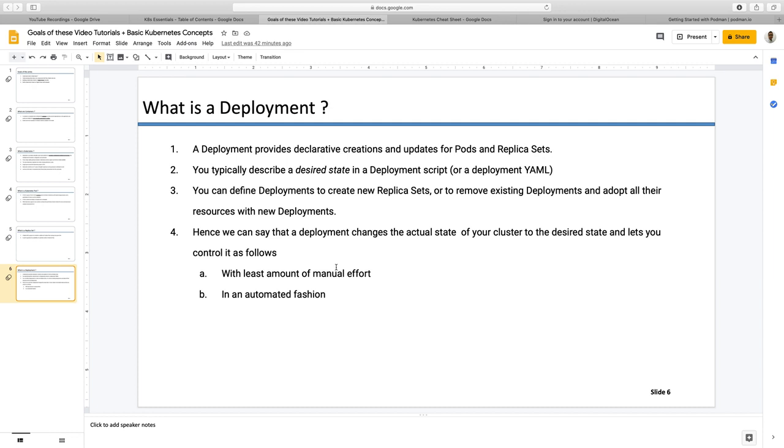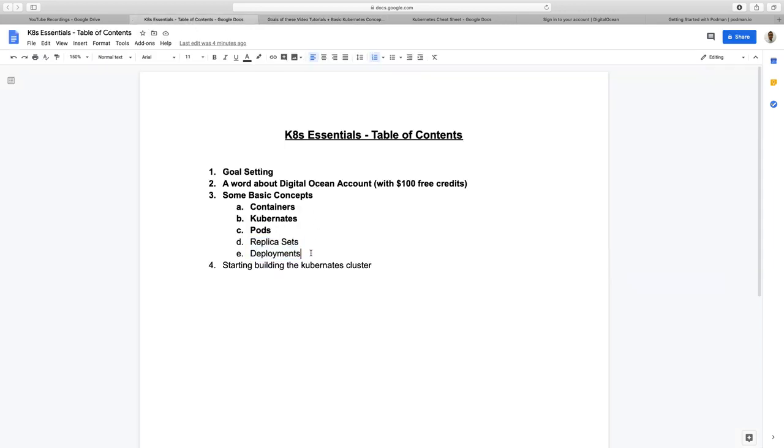And don't worry if it does not make much sense to you at this point of time. In the video tutorials going forward, we are going to do all this on the cluster that we will build, and that is when you will be more clear about it. Let's go back to the table of contents and see what we have done here. We have completed these two. So what we are going to do now is, from the next session onwards, most probably, we are going to start building up the cluster on which we are going to do our practice. Right? So see you next time.